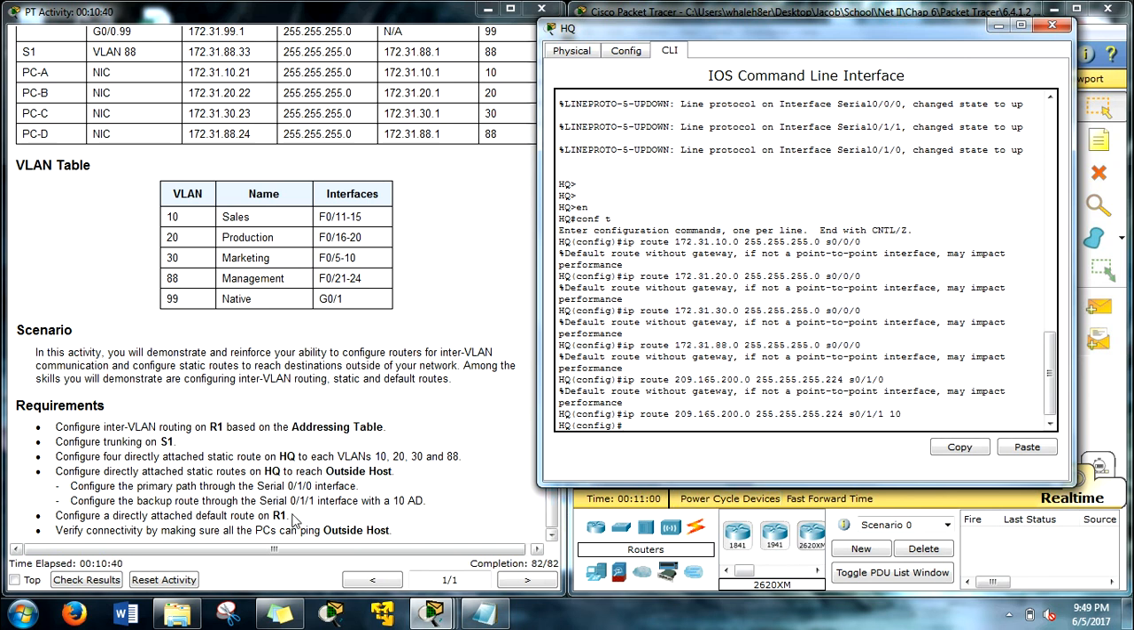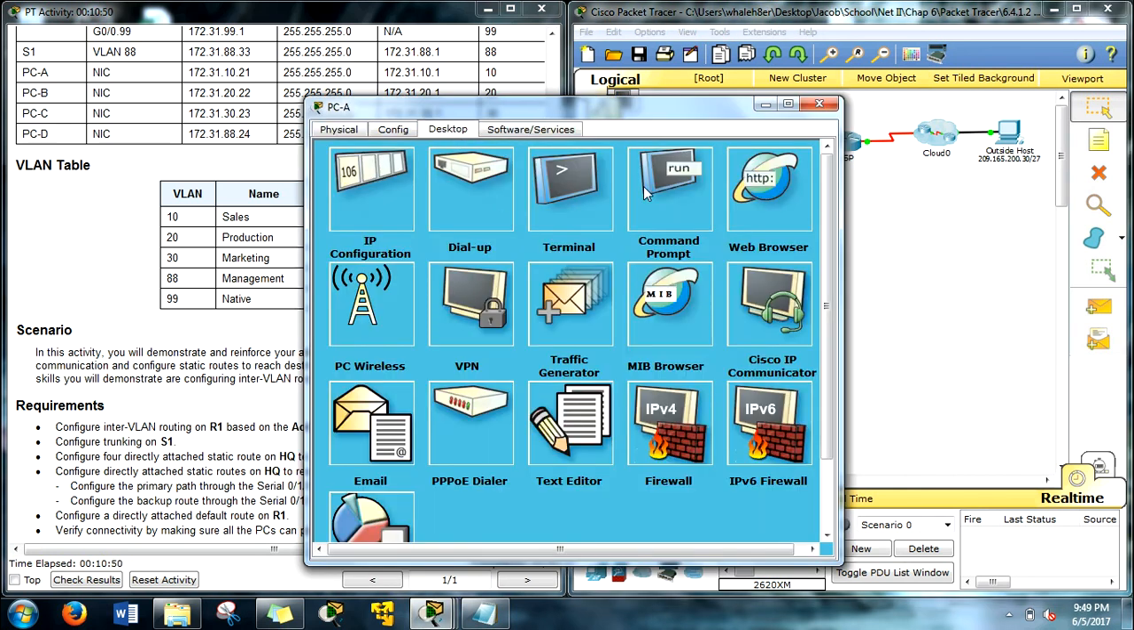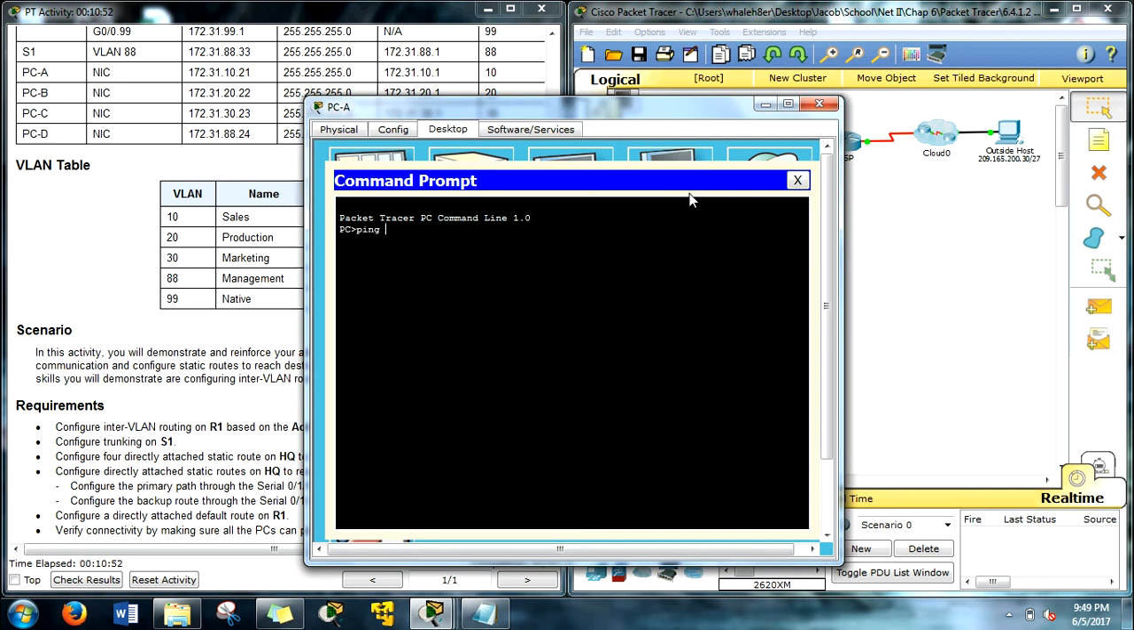I think that's it. Hey, we did everything. Yay. Okay, so now it says verify connectivity to make sure all PCs can ping the outside host. Well, that shouldn't be too hard. Ping